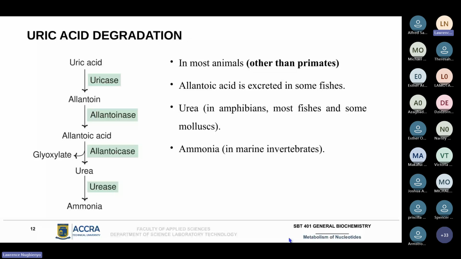In amphibians and most fishes and mollusks, the allantoic acid undergoes further reaction into the formation of urea and gets excreted in those amphibians and fishes and mollusks as urea, whilst in marine invertebrates, you have the urea undergoing further reaction to form ammonia and getting excreted out of the body. So you see the end products